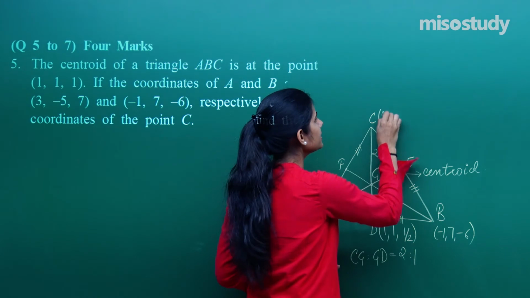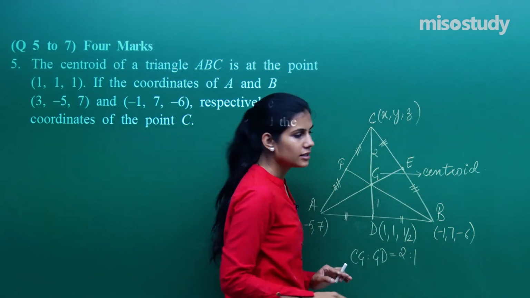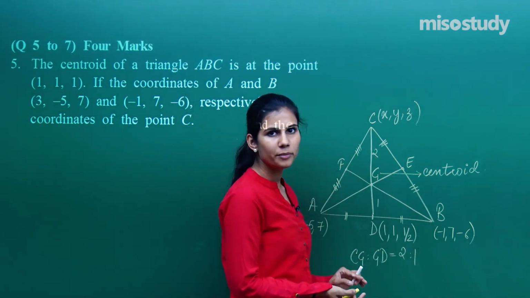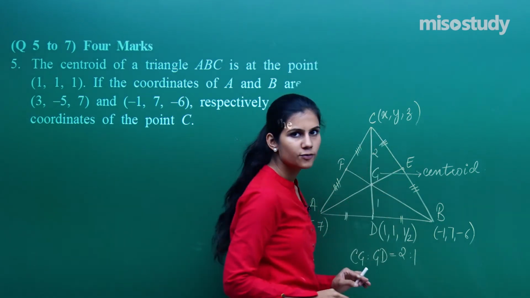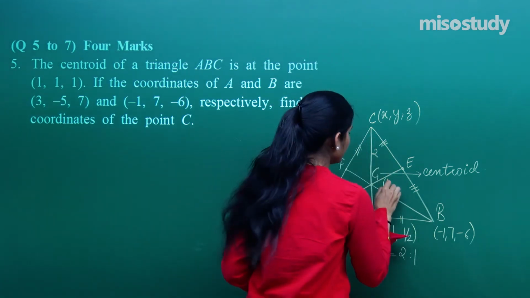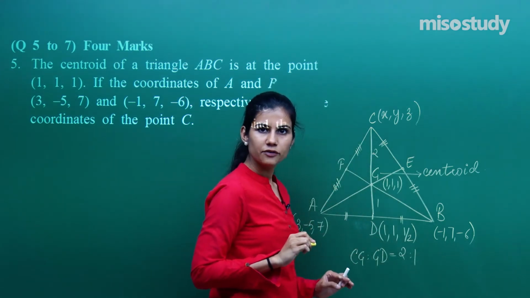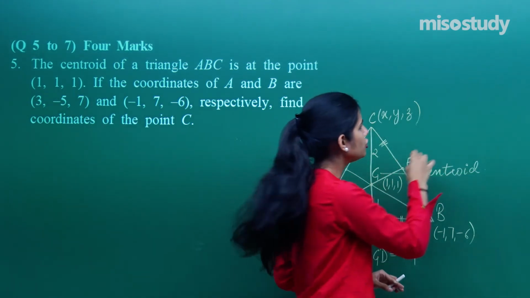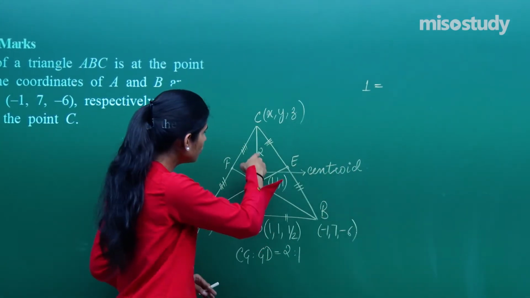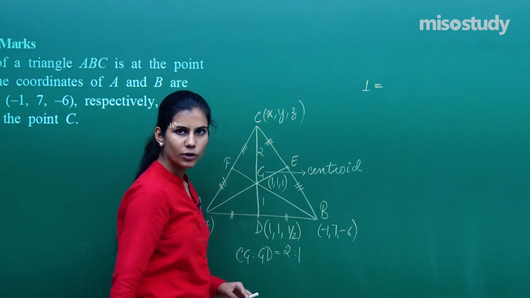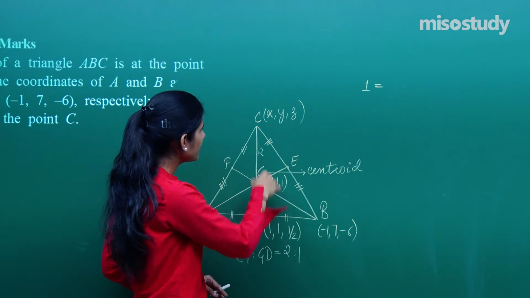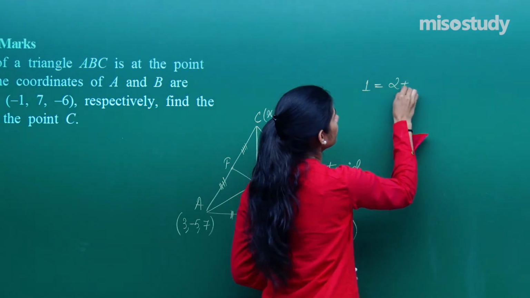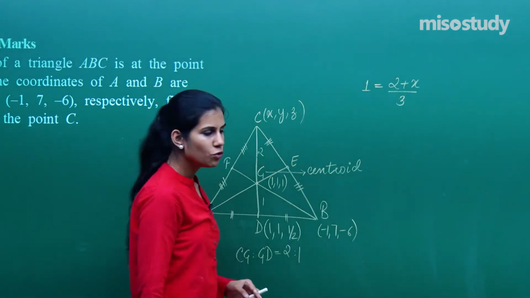Now, coordinates of point C, suppose are x, y, z. You need to find this. And coordinates of point D are given to you, and G is dividing this in the ratio 2 is to 1. So, of course, by section formula, very easily, you can compute the coordinates of point C, because G's coordinates are given to you as 1, 1, 1. Fine. So, what would you be getting here? What is then the coordinates of G? This will be equal to m1 x2 plus m2 x1 upon m1 plus m2. So, it is 2 into 1 plus 1 into x upon 2 plus 1. So, it is 2 plus x upon 3.